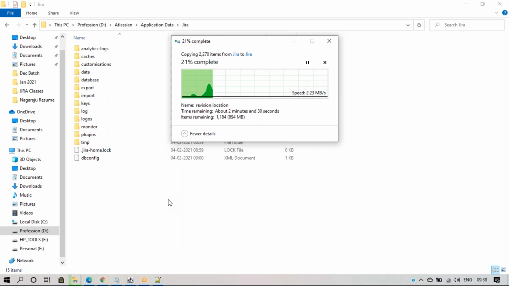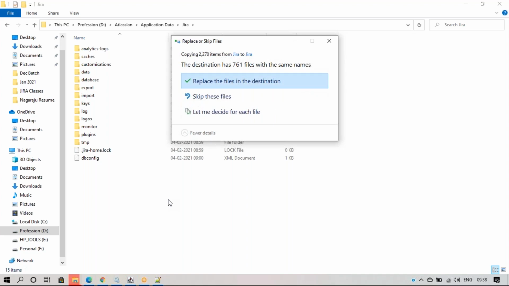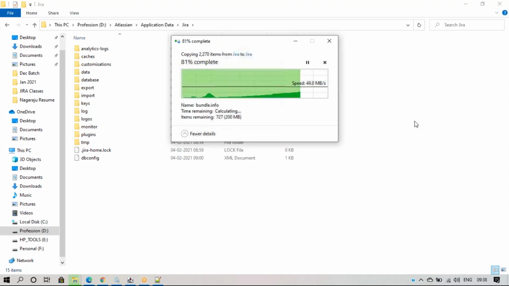But if you have a local instance with these 2 Jira instances up and running, 4 GB like that will not work. Your laptop should be good, and 8 GB is mandatory. Okay, I'll also replace this file.